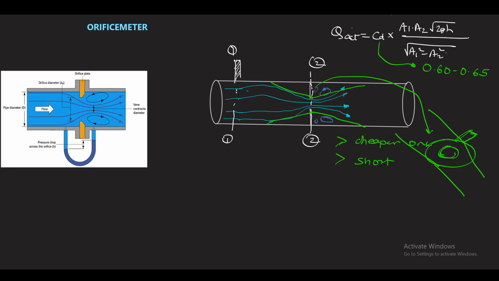So there is no such arrangement required as for the venturi meter, such as a convergent portion, then a throat, and a divergent portion. In the orifice meter, it consists of a single plate, provided with sharp edges. So the energy loss in that case is much more as compared to the venturi meter, and the derivation that we obtained for the venturi meter can be applied in the case of the orifice meter. Just this is the section 2.